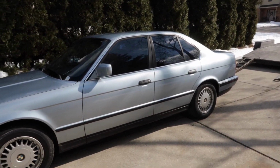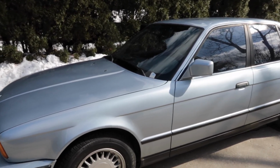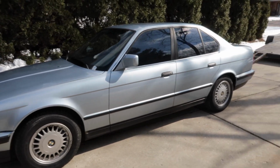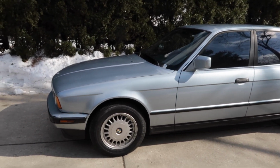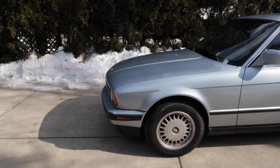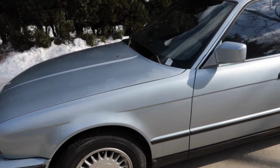So he obviously took great care of this car. And the guy I got it from bought it from his estate sale. Had it for a couple months, and just, you know, E34s aren't his thing. He's got a few other cars, some, you know, 2002, 911, some other stuff. So he didn't need it anymore, and he posted it up, and I was like, yep, I gotta get on that. But so anyway, coming into the inside here,